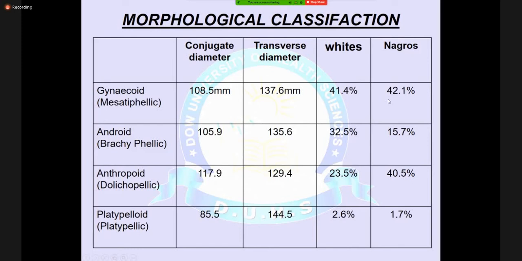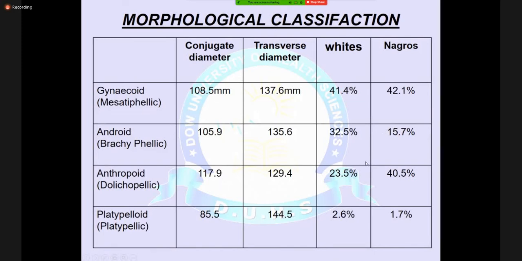No, sorry. The African women have a greater propensity of having this pelvis compared to the whites, but they're pretty closely set. The android pelvises are present in the white women to a much larger extent compared to the African